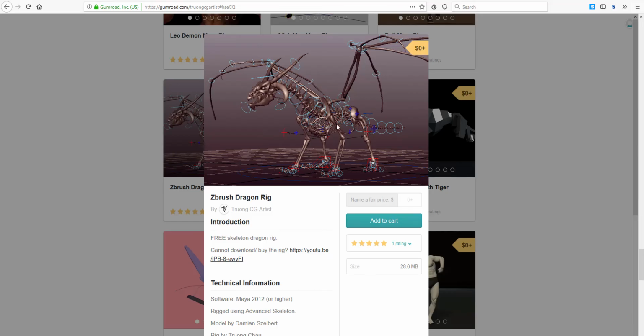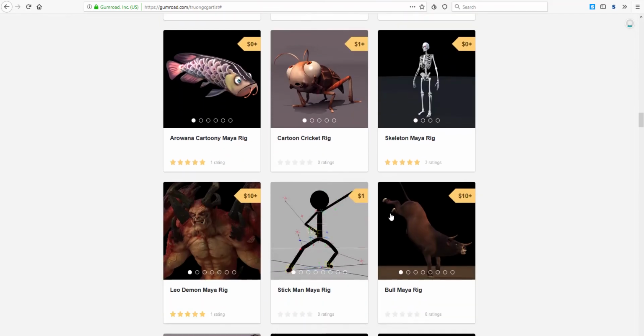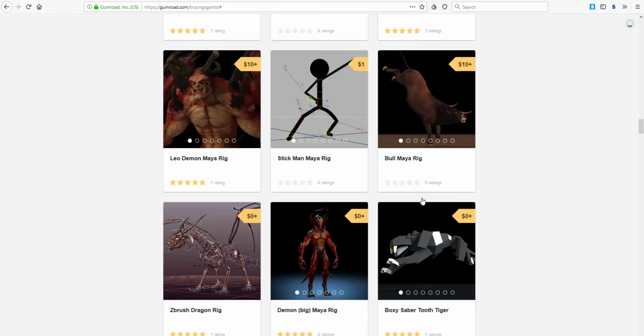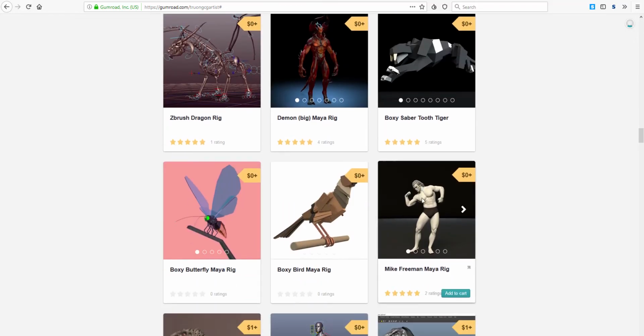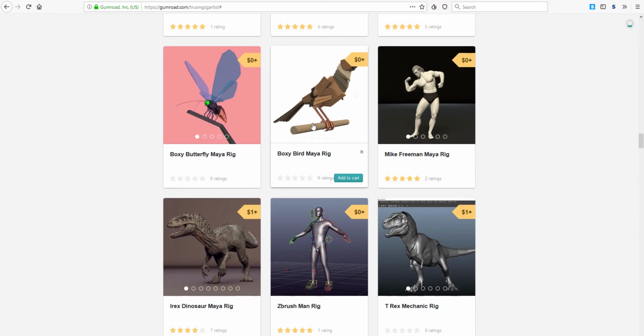So if you're thinking about getting things that are very basic, things that have to do with skeletons, so that you can flesh them out with some muscles, or maybe you do some simulations of some scary stuff like that, there's a whole lot of models like this that exist. So if you need skeletal models, you can find them here. All right, so you can use them as base rigs. If you need things that are stylized, you can also find them here. And if you need some other things like these ones, you can find them here as well.